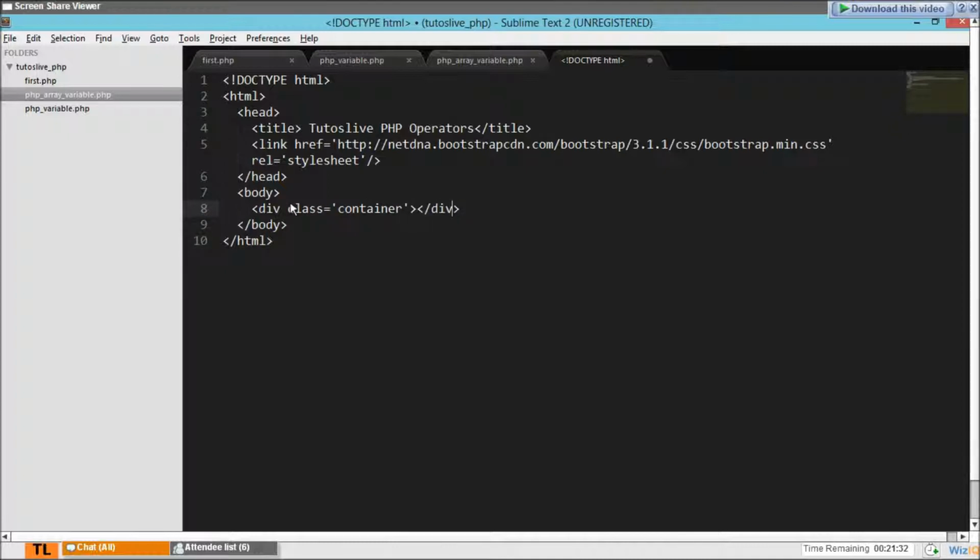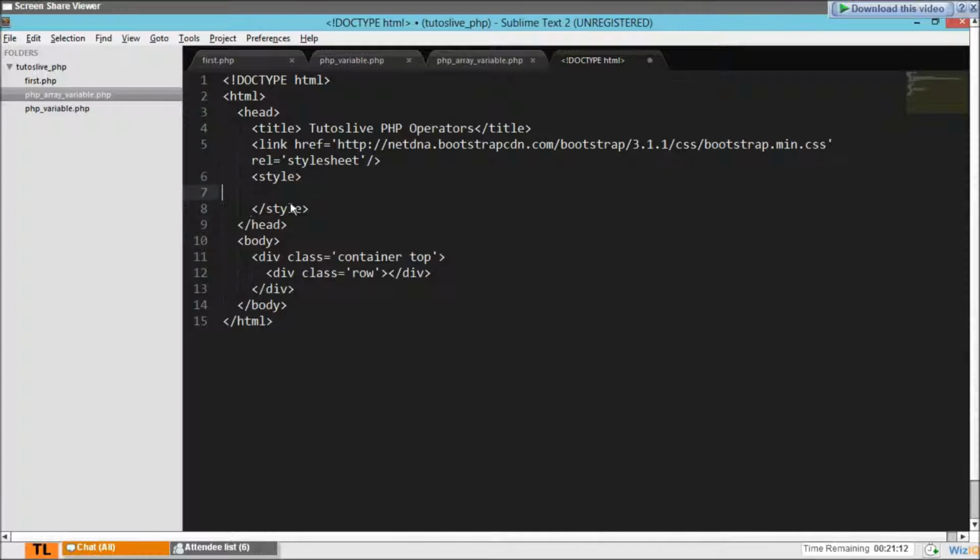Again, for Bootstrap, search for Bootstrap classes. We have a lot of classes in Bootstrap. Class equal to row. Alright, I'll be using another class called top, so I'll be writing my own styles here. Style.